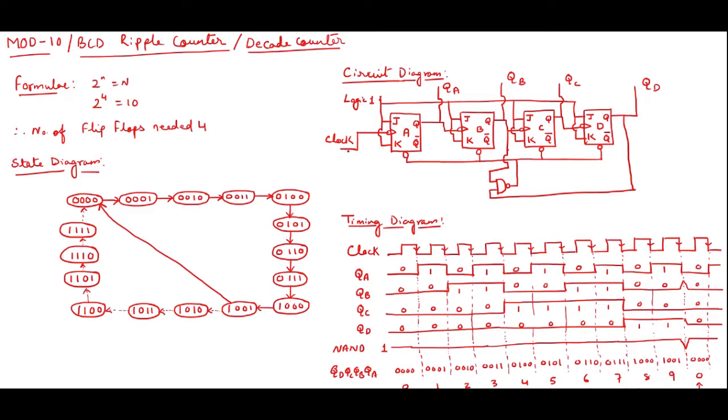Okay, the clock is given to the first one, and the output of the first is feeding as a clock to the second one. Output of the second is feeding as a clock to the third one, and output of the third is feeding as a clock to the fourth one. So it's very much clear that this is an asynchronous type counter, right? Now you can see I have taken the outputs from here, that is QA, QB, QC and QD. For example, A is the first, feeding the second one, and from that point only I have taken the output. Similarly over here, right?